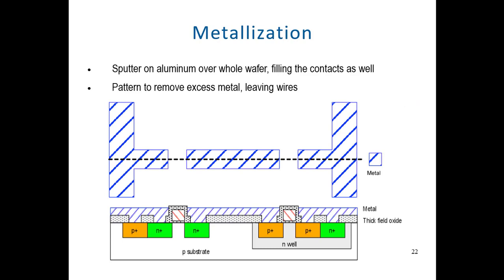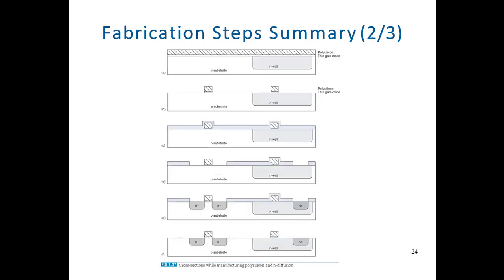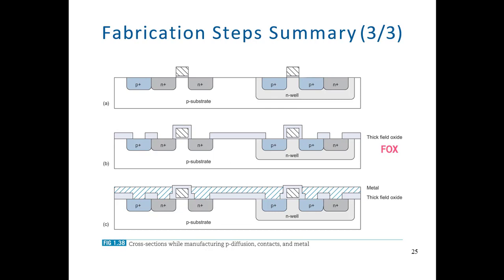Okay, so then we have the metallization layer. This is the mask for the metallization layer, and again it is transferred like that. Here is the whole summary of the whole thing. So what we have explained in different slides, here are all the things in one slide. Okay, so no need to revise this material here. And this is again the next slide, which has the whole summary of all the things. Okay, so finally you have this